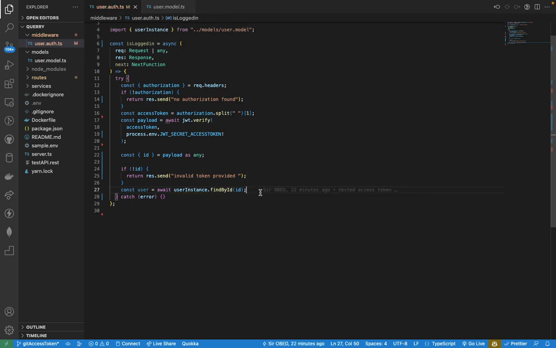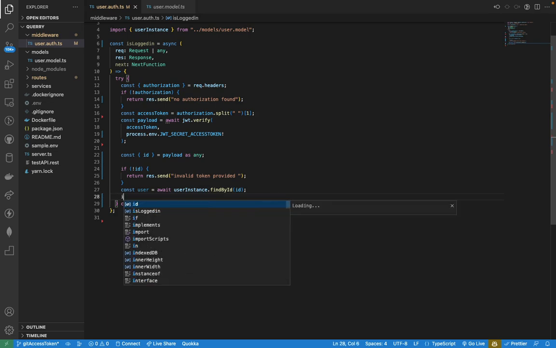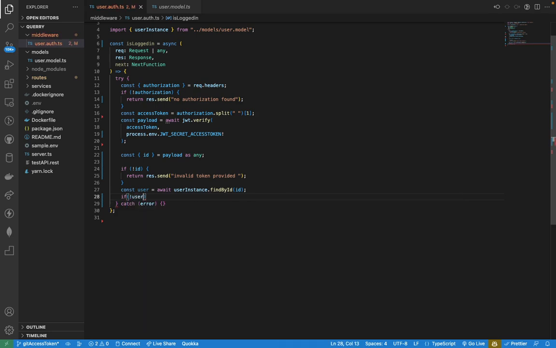All right. Now at this point, we've successfully gotten the ID from the token provided, and then we did some destructuring. Then from the destructured parameters where we got the ID, we check if that user with the ID exists in our database. Now, if this user is not in our database, then let me quickly write that and do an if check. So if not user,